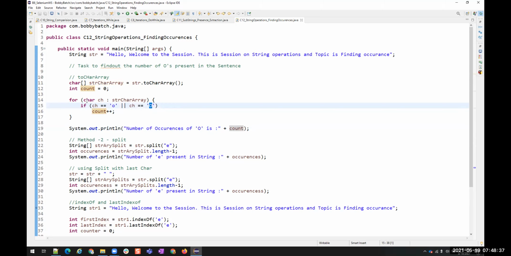Why are you using the concatenation there? The pipe symbol there? This is not concatenation, this is the OR symbol. It should be either lowercase o or uppercase o, right? Oh, OR, okay. Yes, if you want only lowercase, this will ignore the uppercase count. I want both uppercase and lowercase, so I use the OR condition. If any of these is matching, either small o or capital O, then I increase the count. Understood?